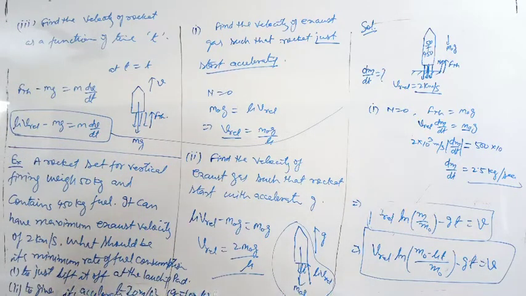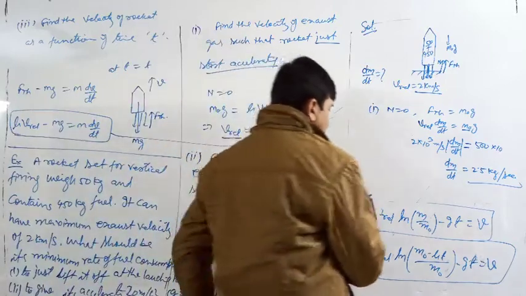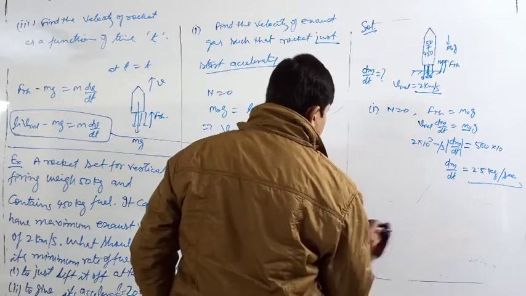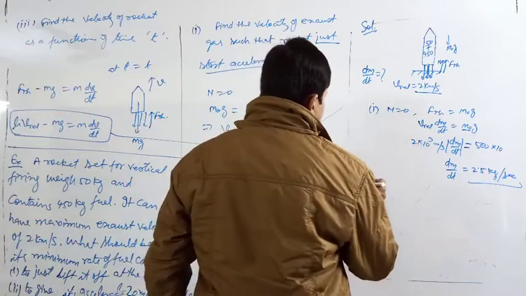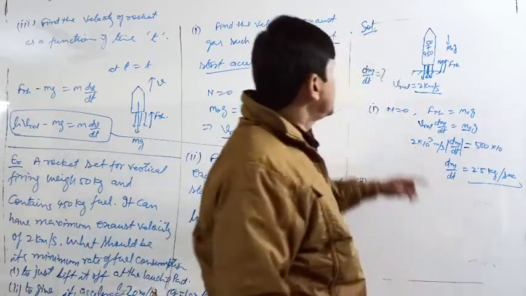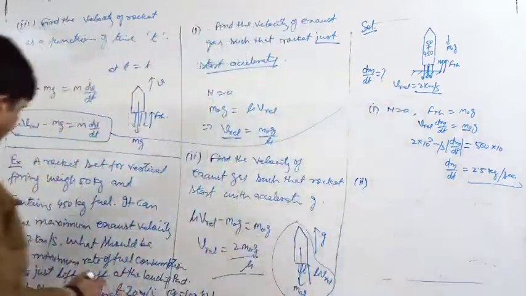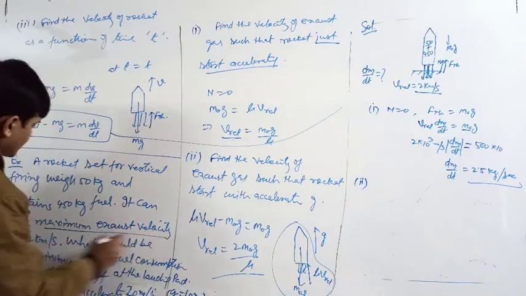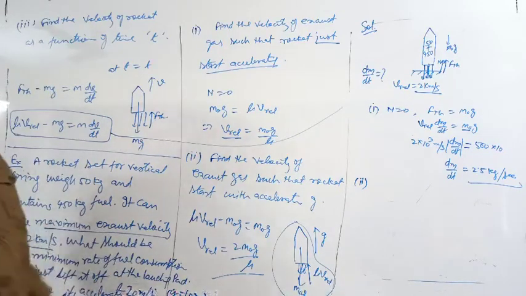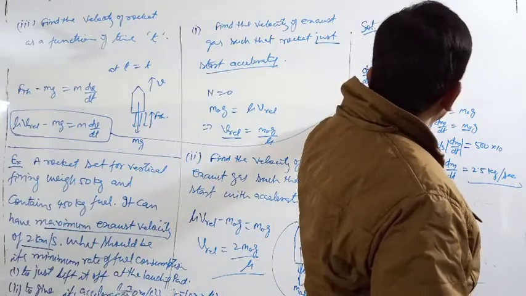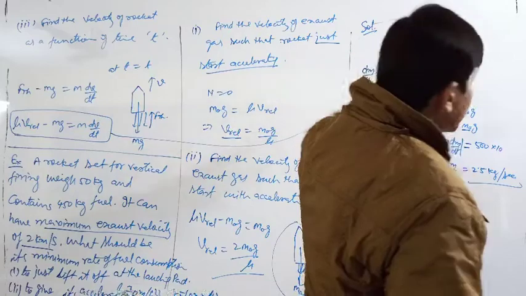2.5 kg per second. In the second part, same type of question. Nothing has been changed. See, as V relative will remain constant, it is given, it is the maximum. It is given as this maximum exhaust speed. The maximum exhaust speed cannot be further increased. If we are increasing the rate of burning of fuel,